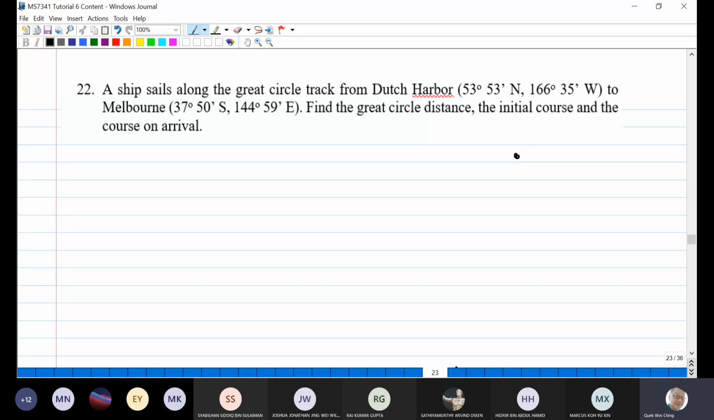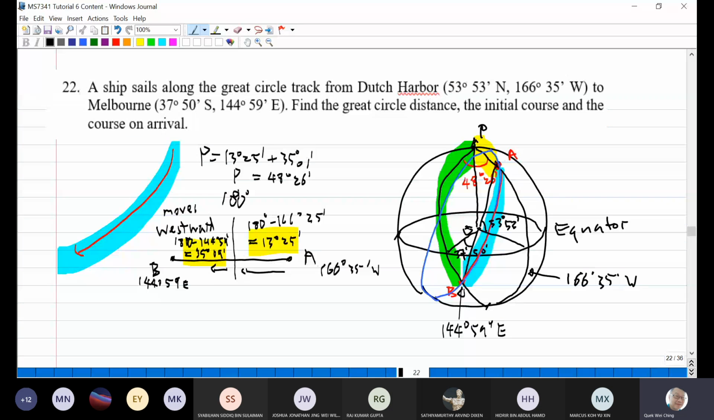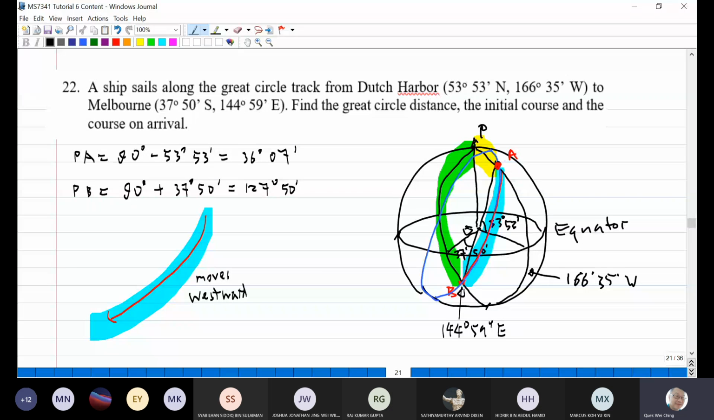I have the example point P, I have A, and I have B. I'd better draw it this way. So this one we know PA is 37 degrees 7 minutes here. You can check here: 37 degrees 7 minutes, and PB is 127